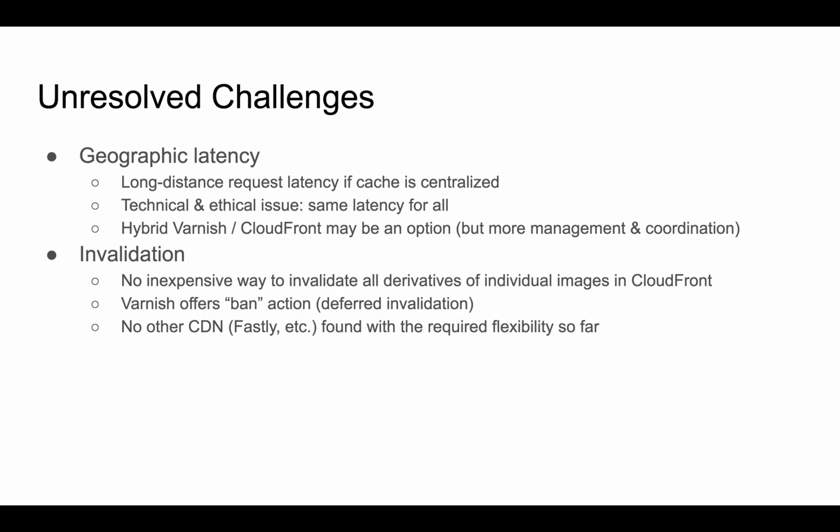And we have 2 still outstanding major issues. One is geographic latency, because if we have all the cache concentrated in Varnish, it means that all the cached images are kept in one location. So if your request comes from Asia or from Europe or Africa, you would experience a flat rate delay in your request, and that poses, in my personal opinion, both a technical and ethical issue, because being the Getty, a very outward-facing institution and a very internationally projected institution, we don't want to have second-class citizens in terms of quality of